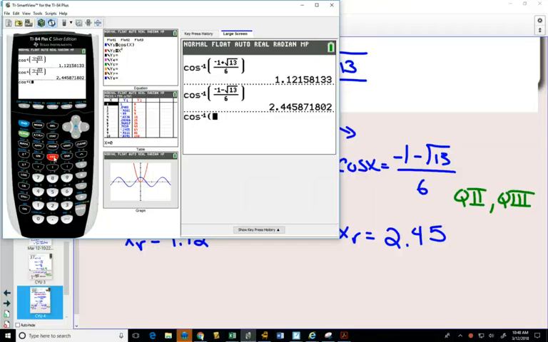So I have to go back to my calculator, and for the second one, I have to do cos inverse, use my fraction button, and I have to change this fraction to a positive. How do I do that? Well, I could multiply the top by a negative. I can multiply the bottom by the negative. I can put a negative in front of the whole fraction. -1 minus the square root of 13 over 6. So since it was a negative number, I took that fraction, I put a negative out in front, and now my reference angle, 0.70,